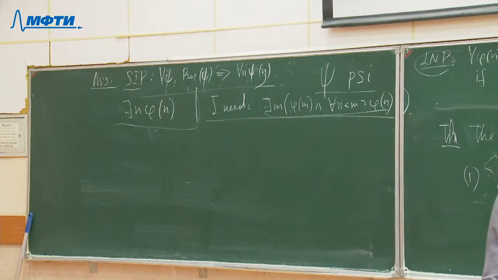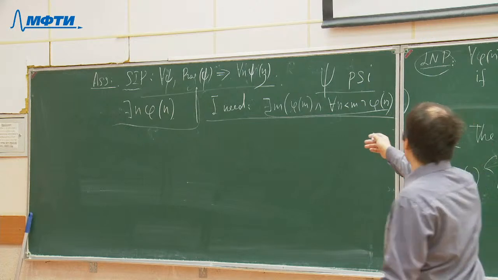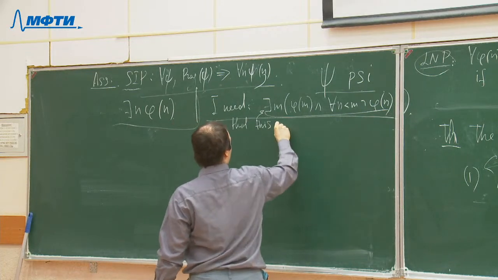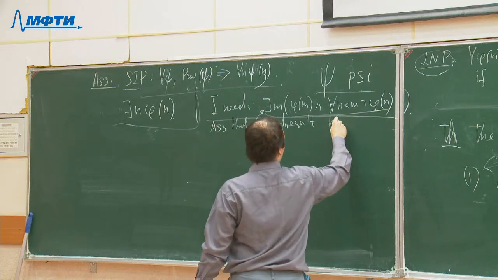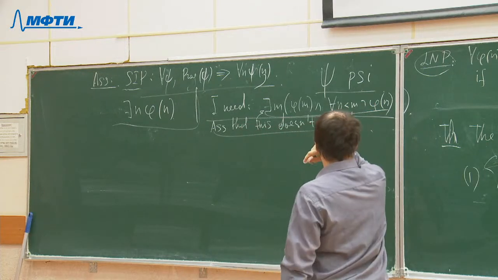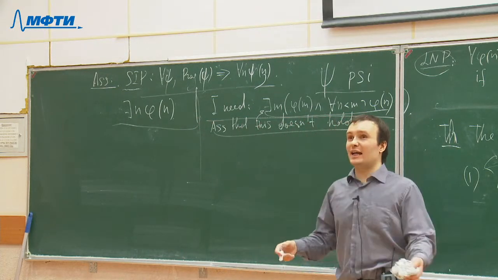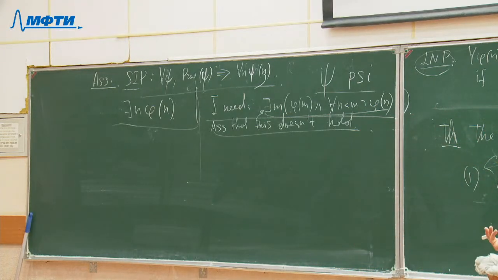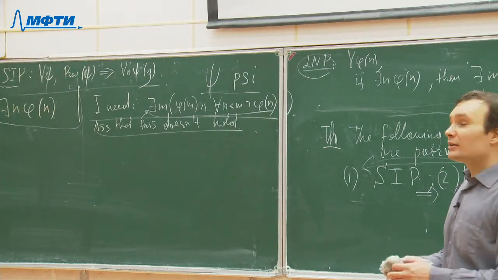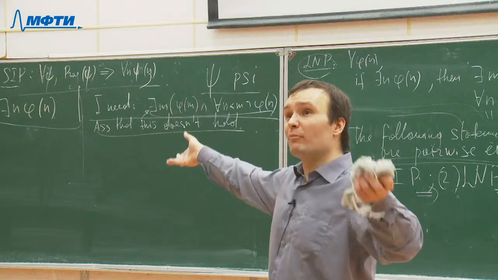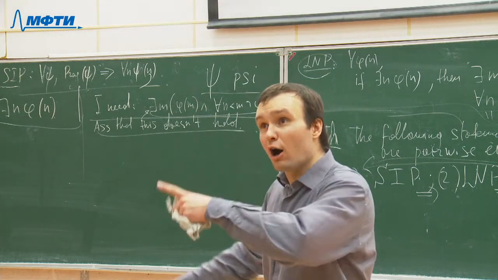How is it possible to prove something? It's possible to go from the contrary. Assume that this doesn't hold. So, what does it mean that this doesn't hold? Let's construct a negation to this statement. This says that there is a natural number satisfying phi, so that no less a number satisfies phi. What is the negation? There exists m such and such. What is the negation? No m